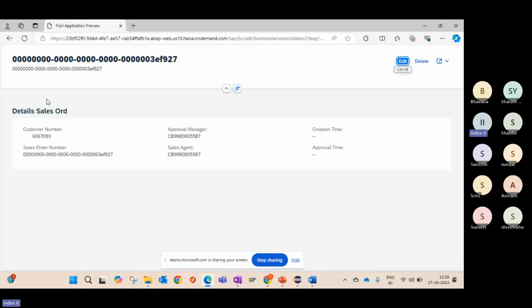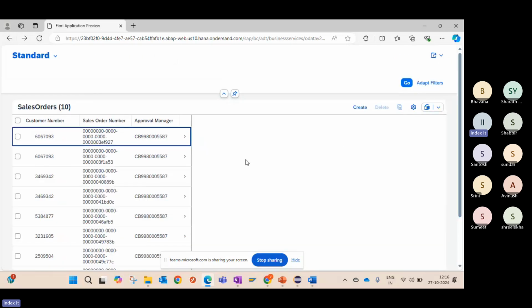These details are coming from the annotations that we have added. If we add annotations, you can see the multiple facets. So this is one sales order header details. I could add one more for sales order item, and then I will see the item details, whatever is there. I have not implemented the rest of the functionality, so it will not work perfectly now. You have an option to select, delete and create, all such options are there. I have not added filters, because we will be able to add filters here,